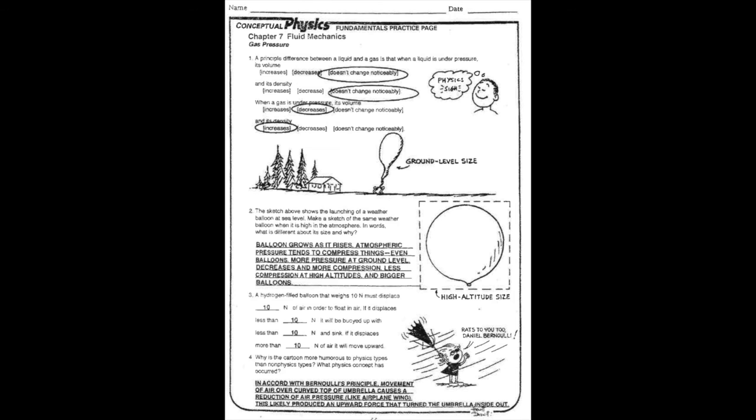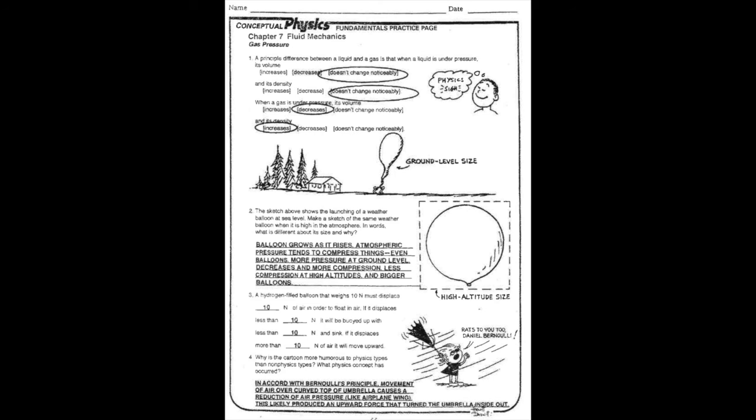And then lastly, talking about gas pressure on page 55 of the worksheet. A principal difference between a liquid and a gas is that when a liquid is under pressure, its volume does not change, right? Okay, so you cannot take a bottle of water and compress that water. However, if you have oxygen, you can compress a lot of oxygen into a tank, okay? Once you fill up the tank with water, you cannot stuff more water in, but gas is what we call